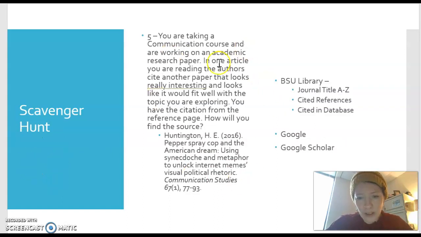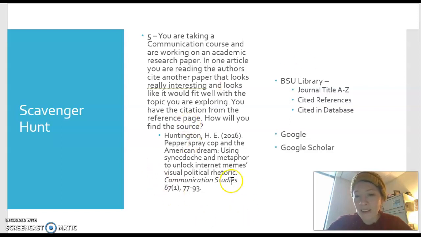Just a quick note here. This was like our very first assignment. Knowing how to look up a specific scholarly source in the library is really useful, because one of the best places to find scholarly sources for your research papers is to look at what other scholarly sources are being referenced, in the reference section of a source you've already found. So I can look through those.